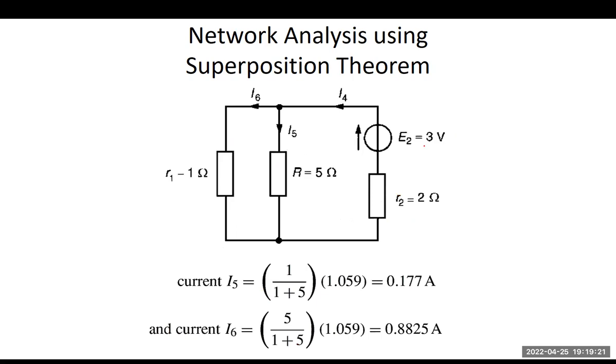So we have already determined this, and this current now will be divided into I5 and I6. How could we determine that? We could determine that again by using the current divider formula. To determine I5, that is R1 divided by